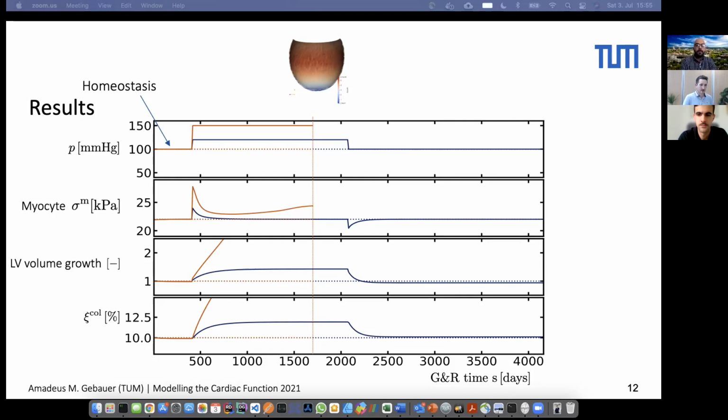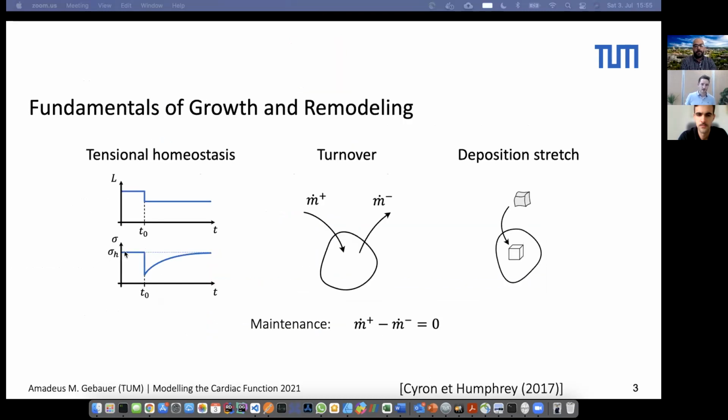Well, what we believe is that myocytes and collagen fibers have a preferred stress state that does not change over time. So if I just go back to this slide here on tensional homeostasis, those were experiments done on collagen gels that were seeded with fibroblasts, and they have seen that this value roughly is always the same. And if you look into papers, they also reported that even this homeostatic stress on collagen fibers is the same between species, or not exactly the same, but within a very small difference. I think between species like elephants and mice, the difference is just a factor of 2 point something, if I'm not wrong. So this is our justification,